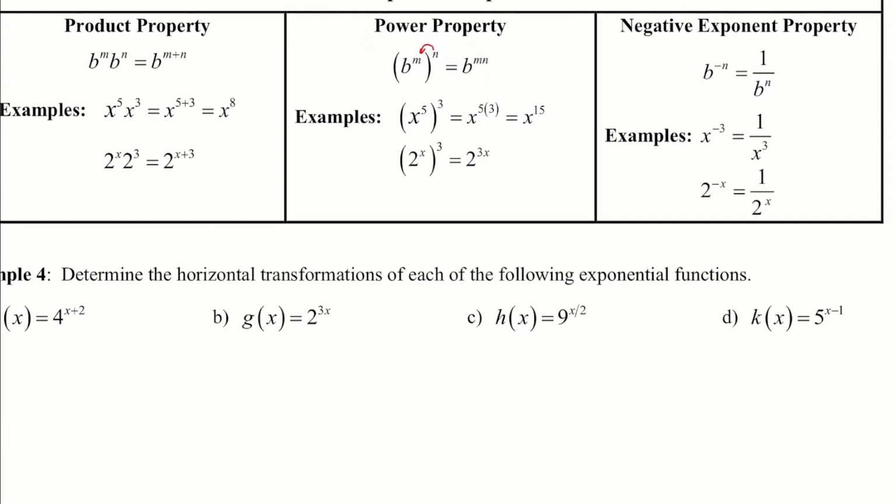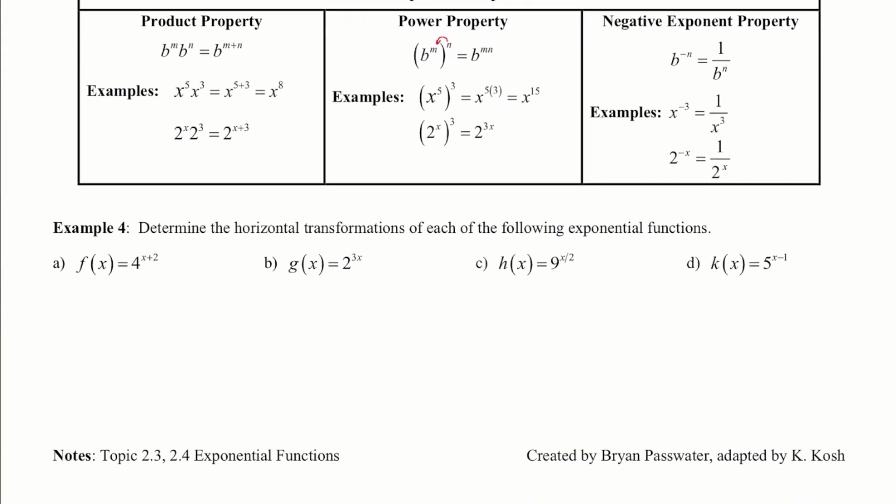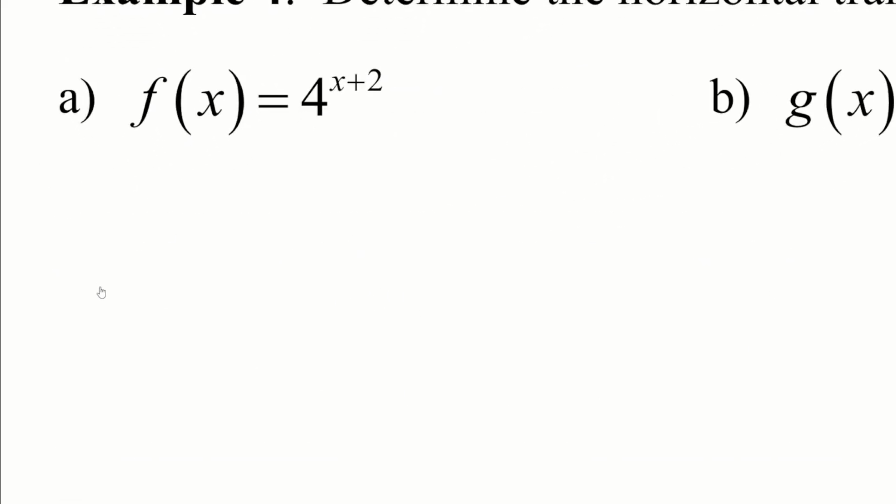But before we do that, let's take a moment to determine some horizontal transformations on example number 4. If you don't recall them, I'll post some old Algebra 2 notes, which have a whole table about transformations in general that you can use to help with exponential functions. But here we go. Recall that if you are adding directly to the x value of your function, this indicates a horizontal shift. Part A: shift left